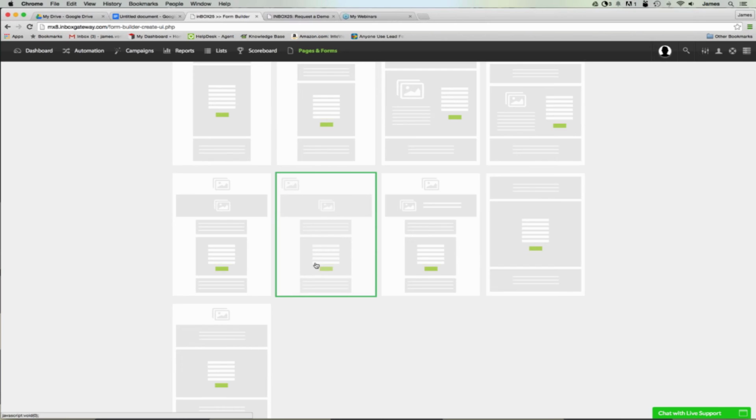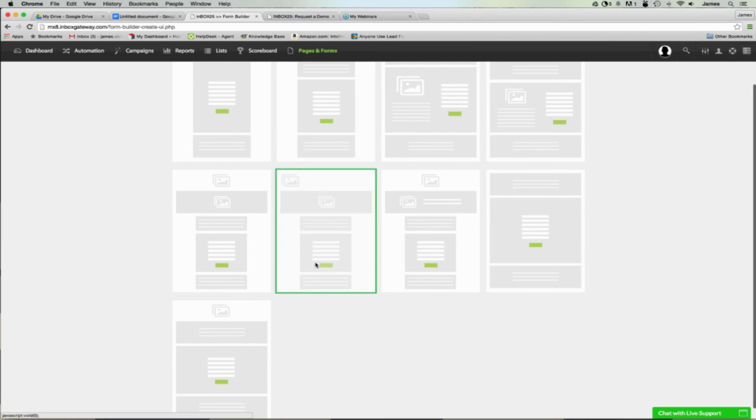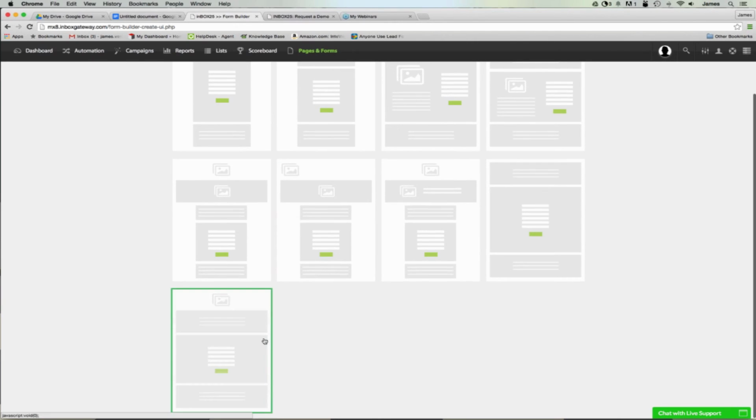I recommend, just like learning anything, practice makes perfect. Try out different template combinations, see which ones will work best for you. For today's example, I'm going to choose our last template here. So template number, what are we at? Template number 9. And as you'll notice, even before we jump into the template here, you can see this top